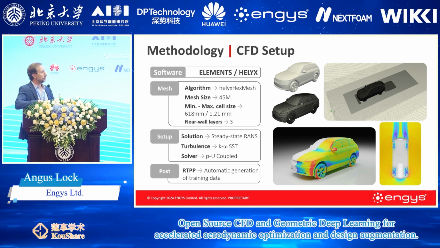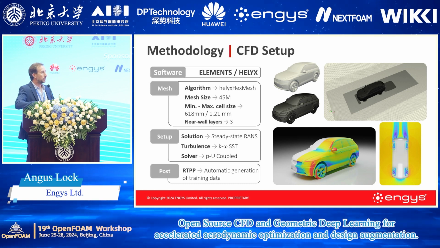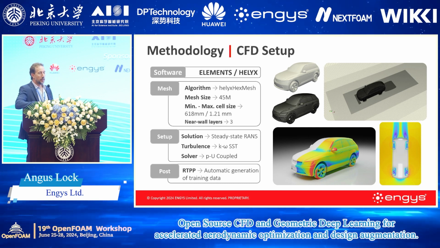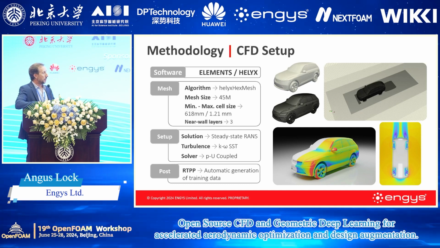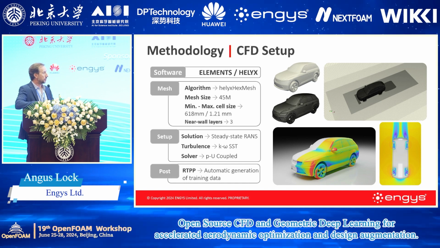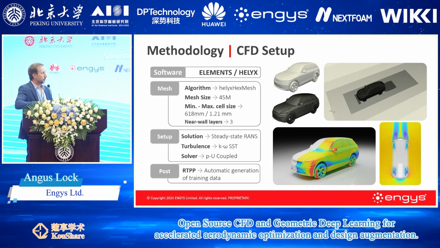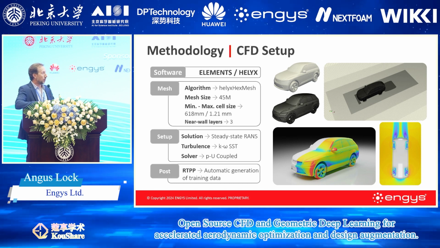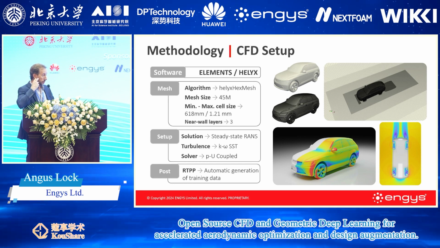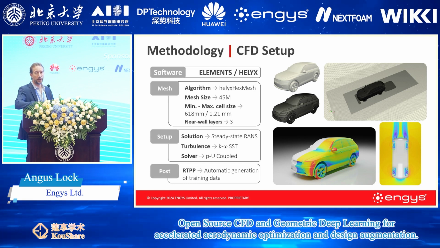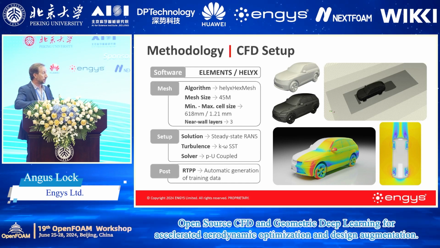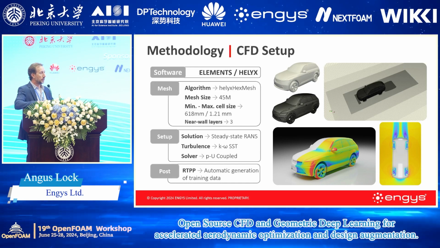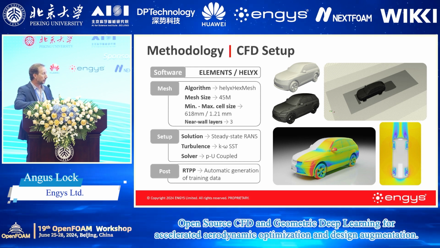And then normally with Elements, we would run a transient DDES simulation to really accurately capture the largely separated flows around these kind of bluff bodies that we're looking at in automotive aerodynamics. But in the interests of speeding up the process for this specific paper, we used our block-coupled steady-state approach, which is a very fast coupled solver using the k-omega SST turbulence model. And this is used by 6 out of the 10 Formula 1 teams because it's very fast. And so we were able to generate all of those 117 CFD simulations, I think, in a couple of days. They basically ran over a weekend.